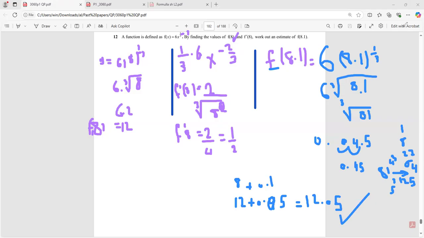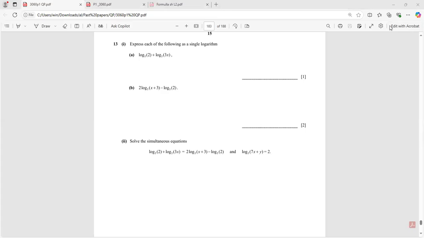Let's see the next. Question 13. Express each of the following as a single logarithm. Okay. Apply the rules. We have here log base 5 of 2 plus, which we are going to change to multiply, log base 5 of 3x. So single logarithm means that we are going to apply the rules. So you get log base 5 of 2 multiplied by 3x, which equals log base 5